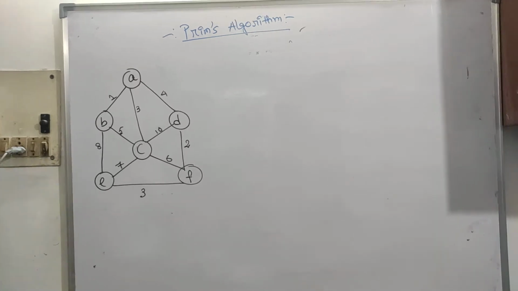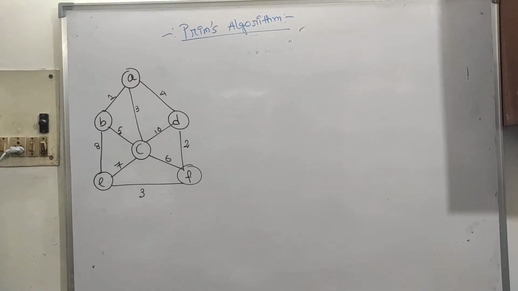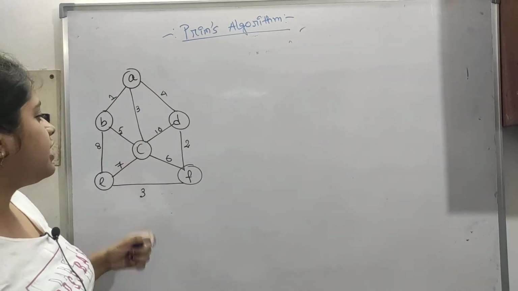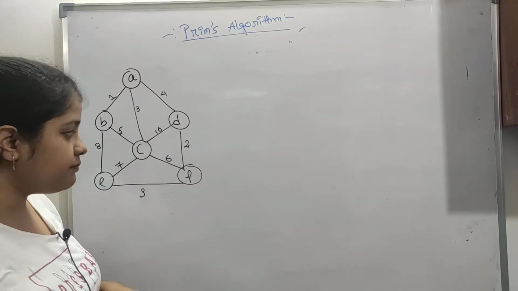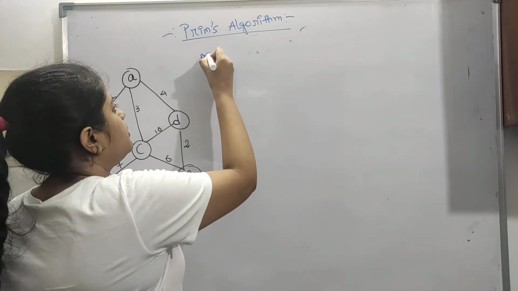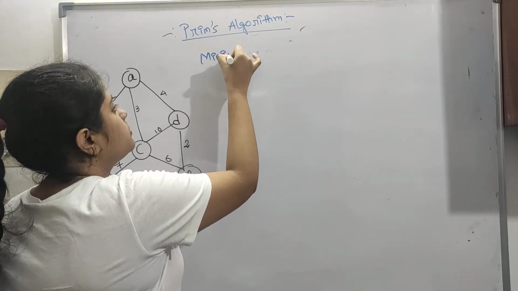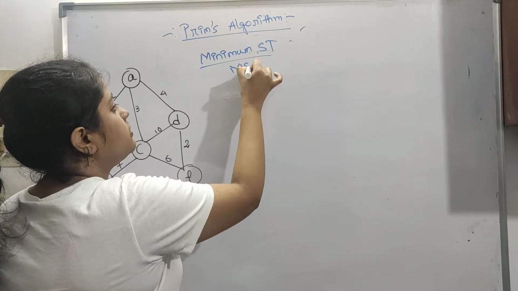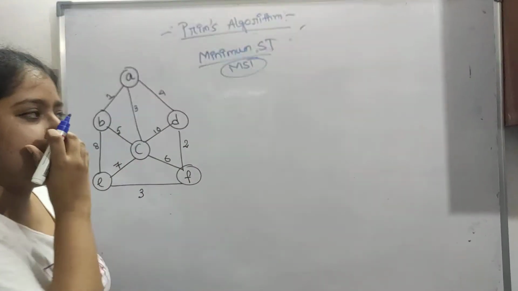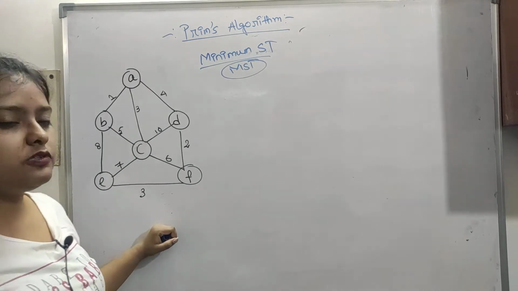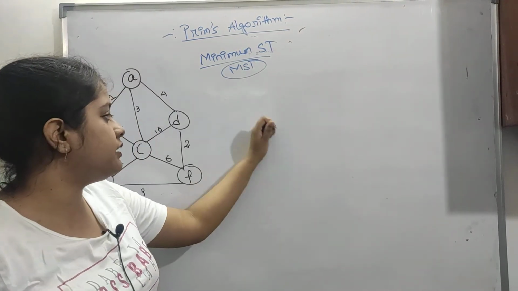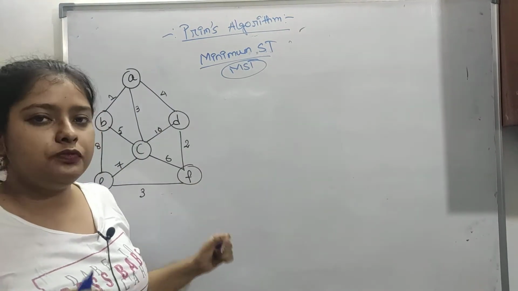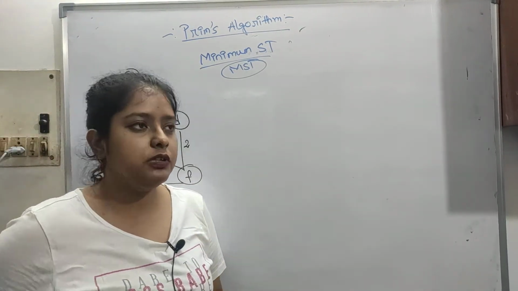So now let's see this example. Here is a graph which has weights, and we have to find the minimum spanning tree, usually called MST. If we use Prim's or Kruskal's, it will always give the minimum only. Whatever the minimum weight is, it will give the same, but both algorithms are different.